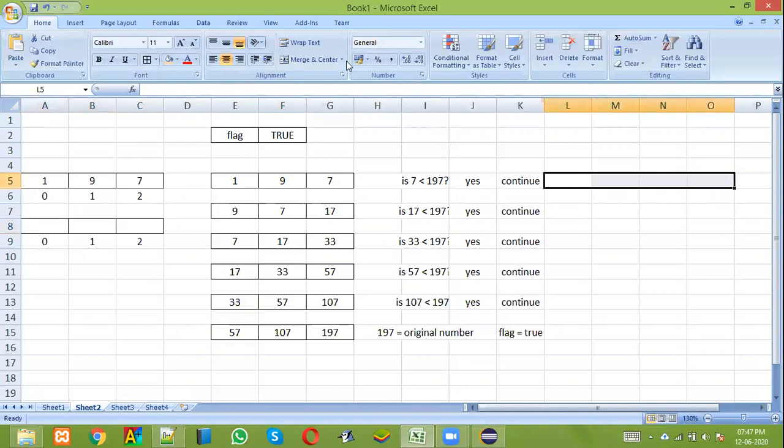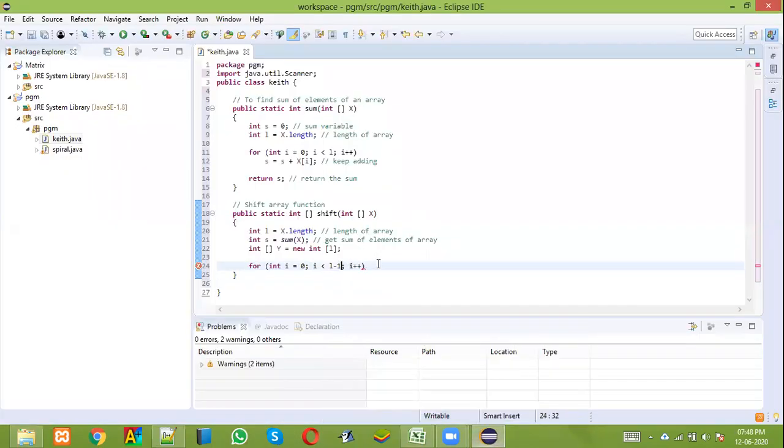Suppose I have an array with 4 places. Let's imagine some random numbers: 4, 5, 2, 1. Next time it should become 5, 2, 1. So first I am going to copy it. Now I am going to do the copying operation, that is, produce this here. For that I should loop from 0 only till 2. That is, I need to leave the last one. If I write less than L, I will go till 3. But if I write less than L minus 1, I will only go till 2. The last element will be left out. So that is the concept of writing i less than L minus 1.